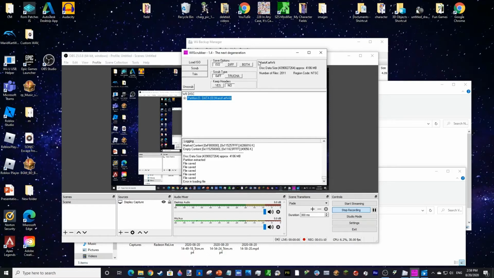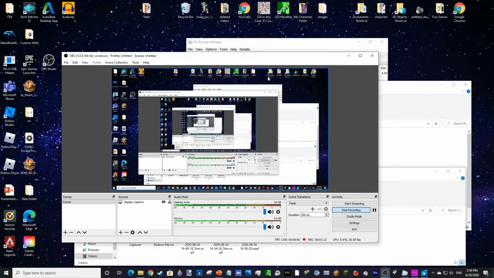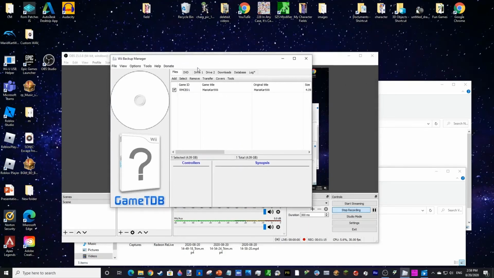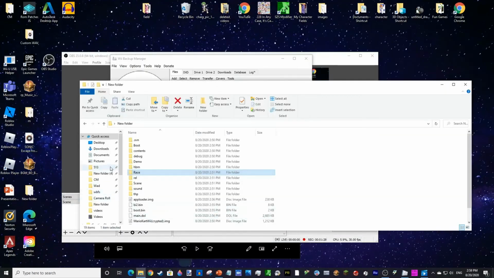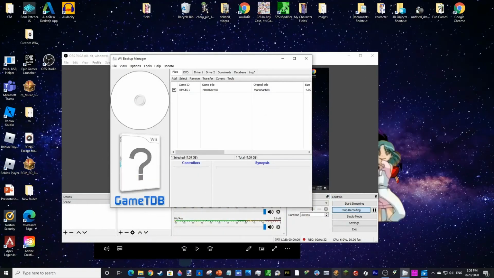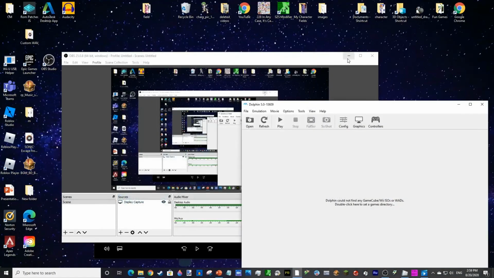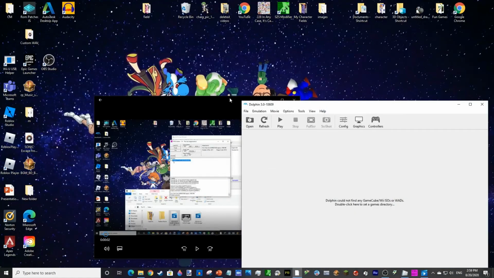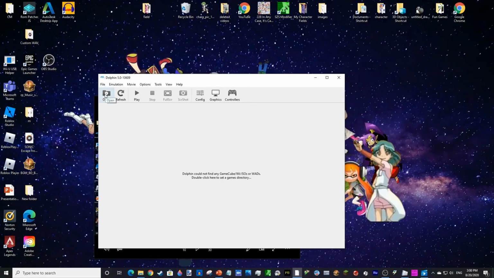Then once it's completed, you can go ahead and close Wii Scrubber, then reopen Backup Manager and transfer your ISO back to your WBFS. Then once it's completed, delete this because I don't need it. When it's complete, it should pop up in your downloads or wherever you want to put it. And then once you're finished with that, you will want to go to Dolphin. You have to test